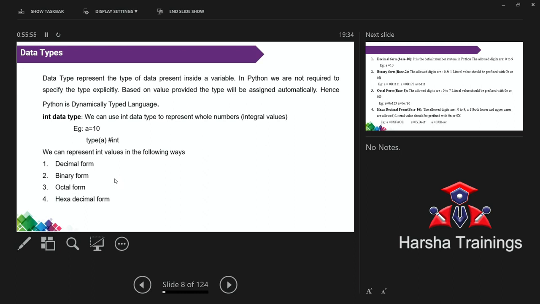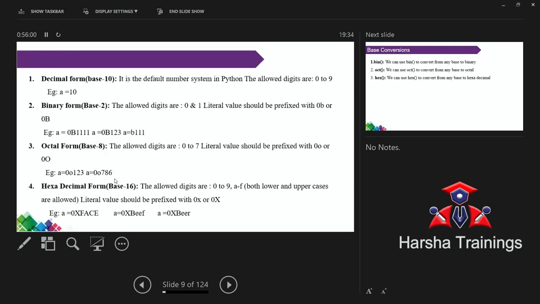By default, we are using which type? Among these 4, we are using decimal. Generally, you know that one, dec in the sense 10, oct 8, hex 6. Hex means 6, decimal means 10, 6 plus 10, hexadecimal in the sense 16. Binary in the sense 2. Yes, exactly.